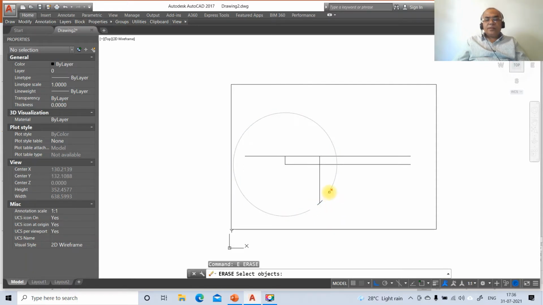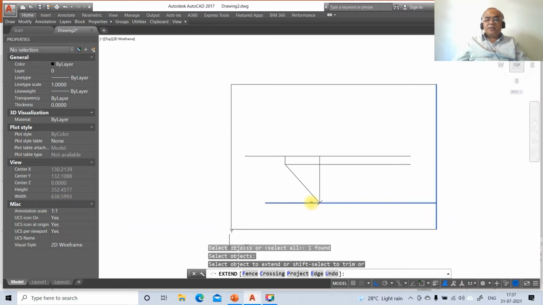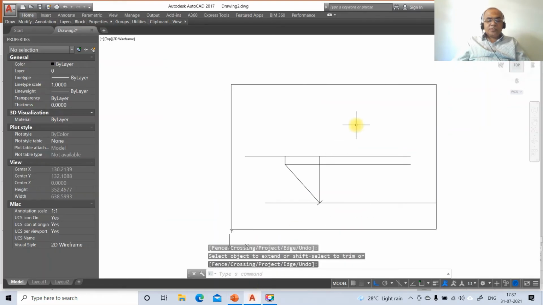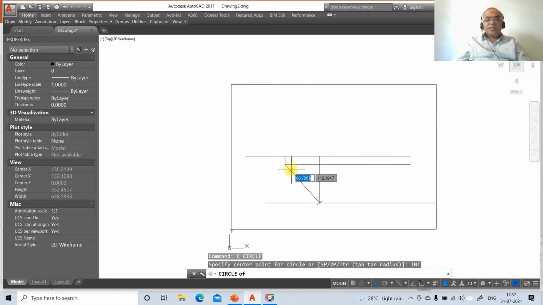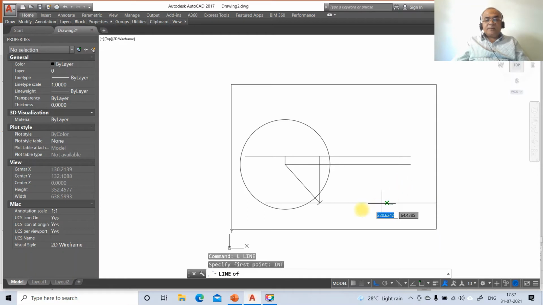So now we have the line, take INT of this, so you get the true length line here. So that we are going to get, then go to extend this till here. So now we want to have the top view. The top view is 65. So you just go to circle, take INT of this and take the radius 65. Then go to line, take INT of this and take intersection point of this. So now you just go to trim between these two